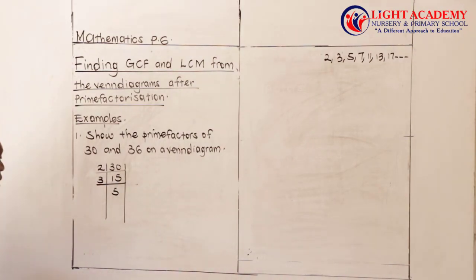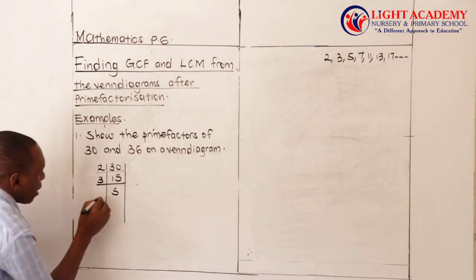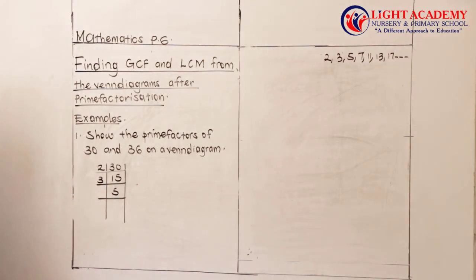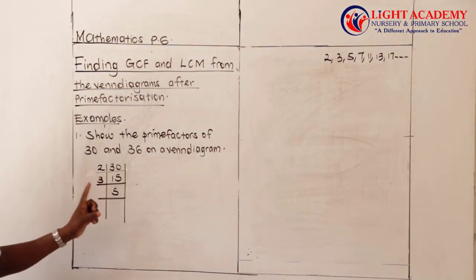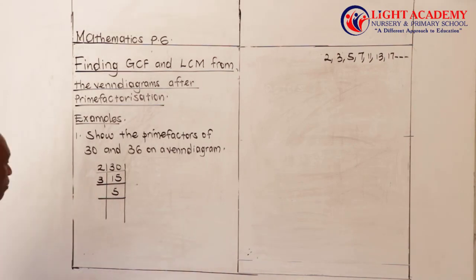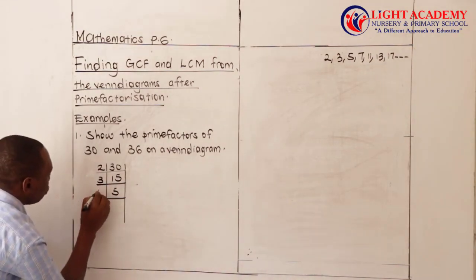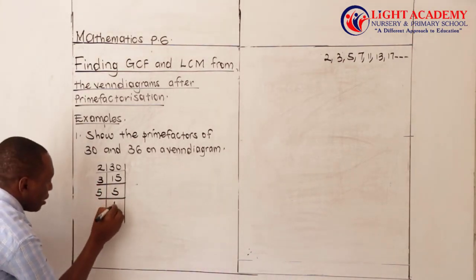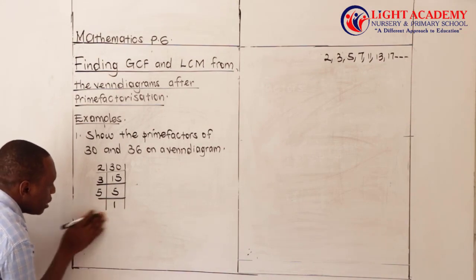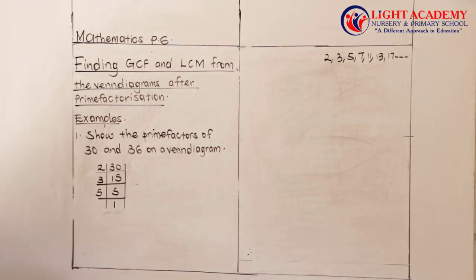Then I ask myself, which prime number can divide 5 without a remainder? Automatically, I'm going to use a 5. So 5 divided by 5, the last answer becomes 1. And when you get 1 as the last answer, it means the number we are prime factorizing is completely